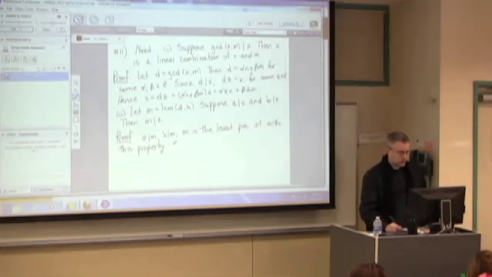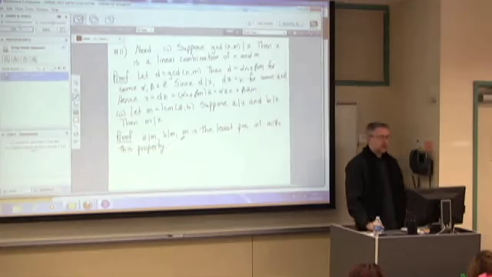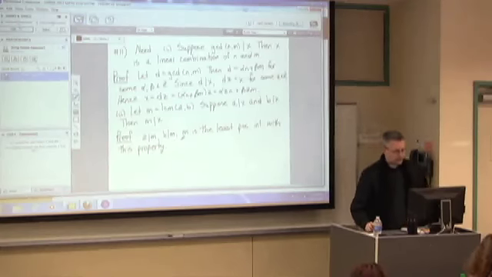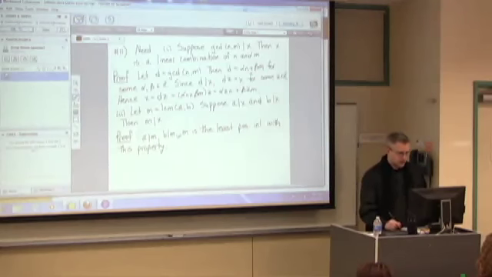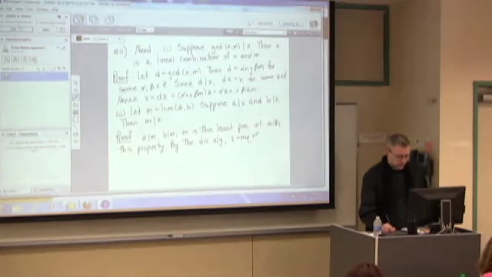Well, m divides x is what we want to show. We can definitely divide x by m using the division algorithm, for sure. x equals mq plus r, where